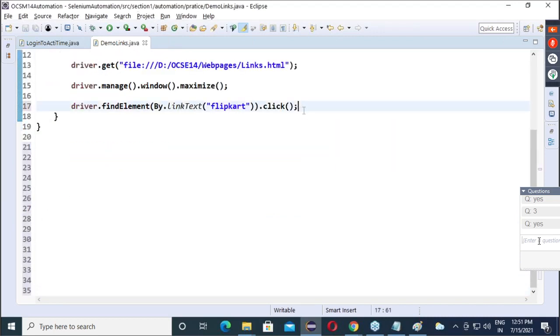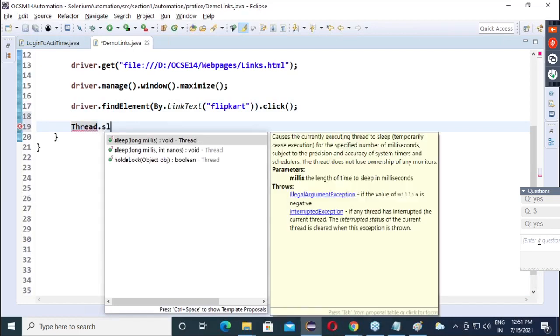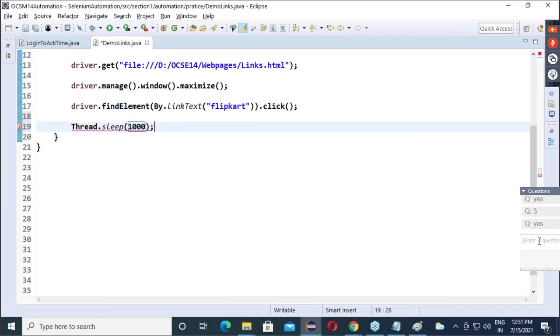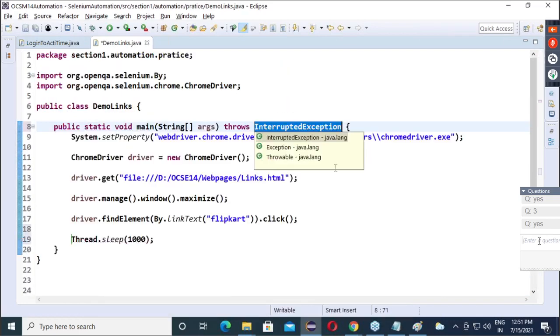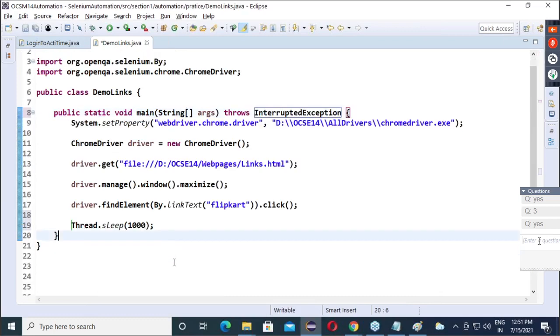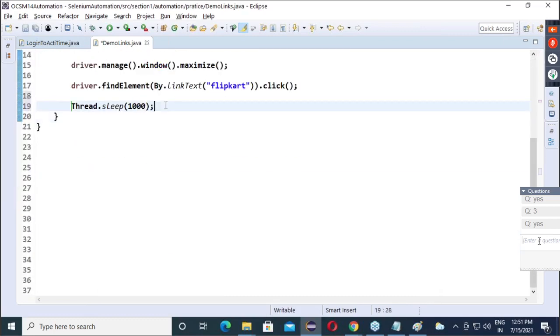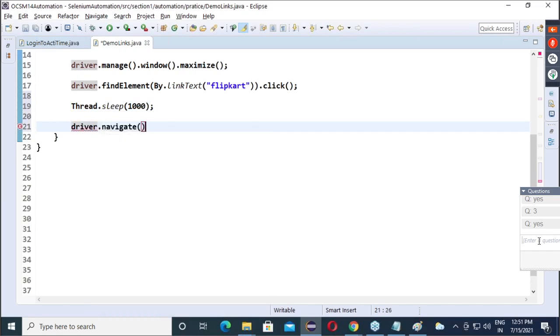Let's assume after this I am giving some wait guys, otherwise you will not understand what is happening. It will happen so fast. So throws declaration. Now guys, 1 second wait I give. After that, can I come back? Simple. Driver.navigate.back. Come back to previous page.